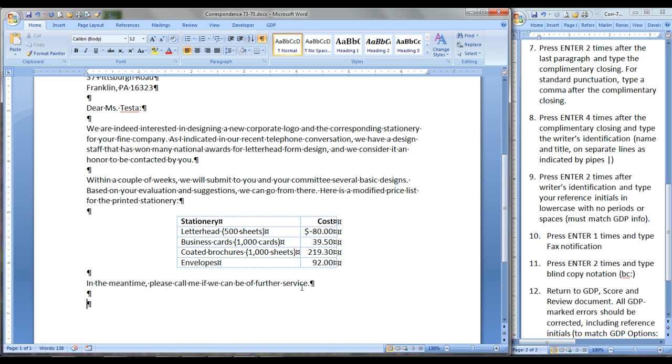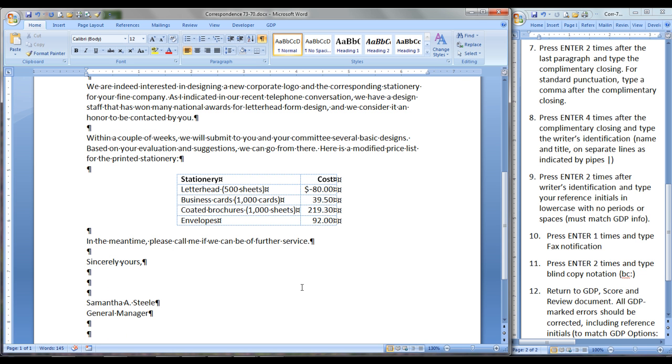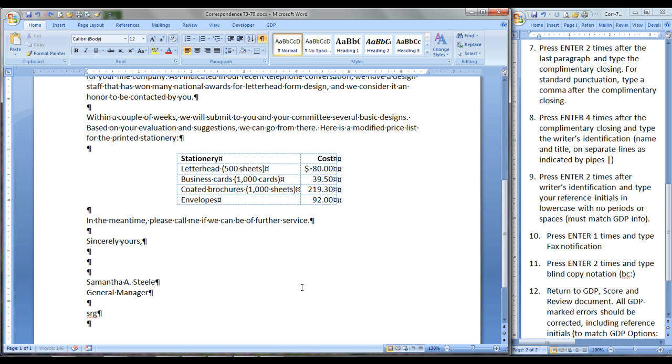Type the complimentary closing, followed by a comma, and then press enter 4 times. Type the writer's identification on 2 lines. Then press enter 2 times, type your reference initials, press enter 1 time, press undo or Control Z for the initial correction, then type the fax notation,